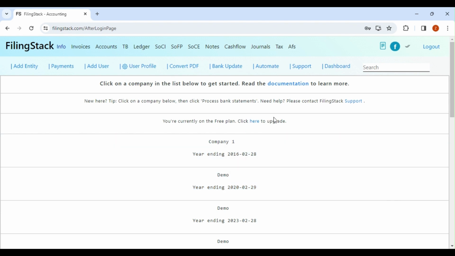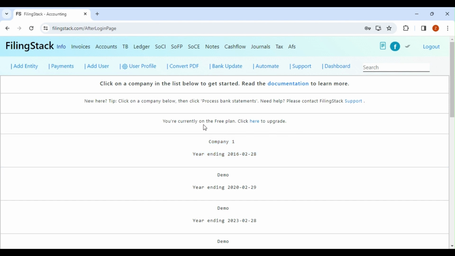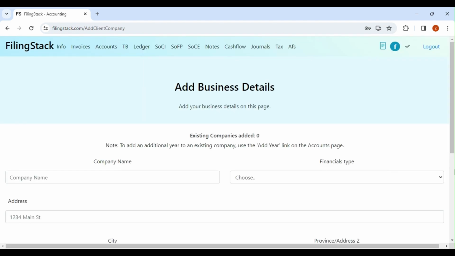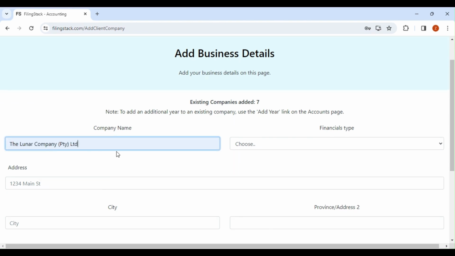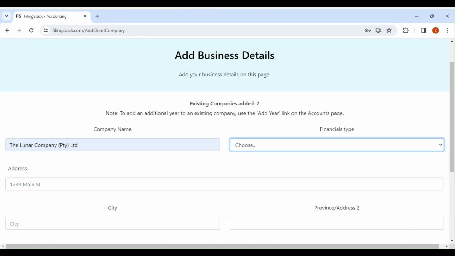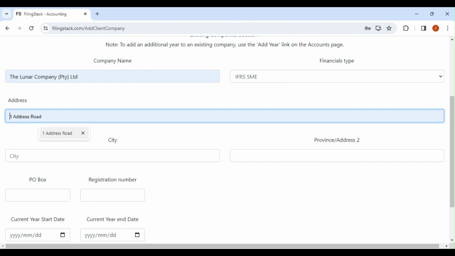The info page reflects a list of companies or businesses that we have added onto our profile. To add a new entity, we can click on Add Entity. We can then enter the details for the new entity that we'd like to add. In this case, I'll enter a company name. I'll select a financials type. I'll put in an address,